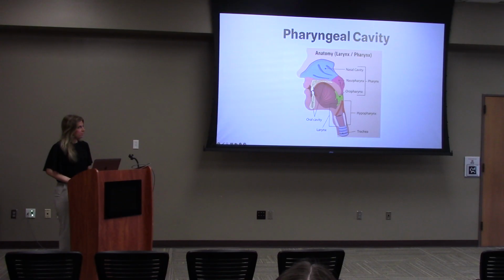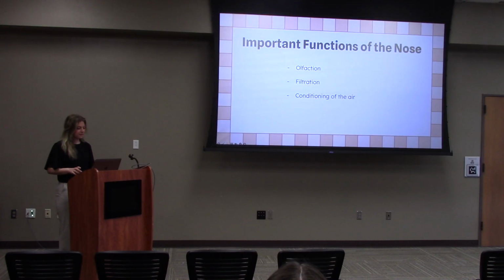The pharynx has an upper part called the nasopharynx, and then it has a middle part called the oropharynx that joins the oral cavity. And right below the pharynx is the larynx, and the tongue is in both the pharynx and oral cavity. Before we go over the anatomy of the nasal cavity, we should talk about the important functions